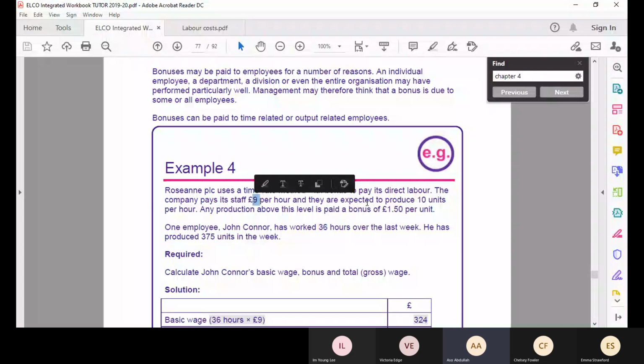They're contracted and expected to produce 10 units per hour. Any additional production is counted as a bonus, and they're paid £1.50 per unit. So if John produced 375 units in the week,